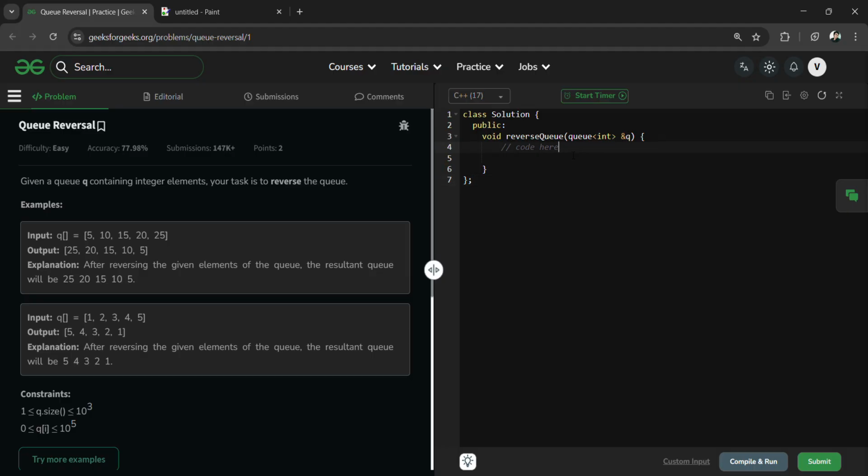Okay, so here what we will do, first of all we have to write our base case. In the base case, if the queue is empty, then we have to just simply return. That means if there is no other element inside the queue, then we don't have to perform any other operations. But if there is any element inside the queue,